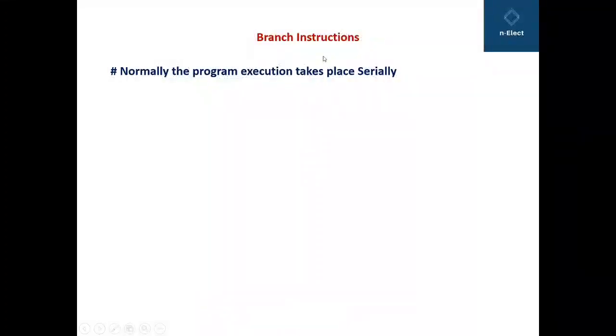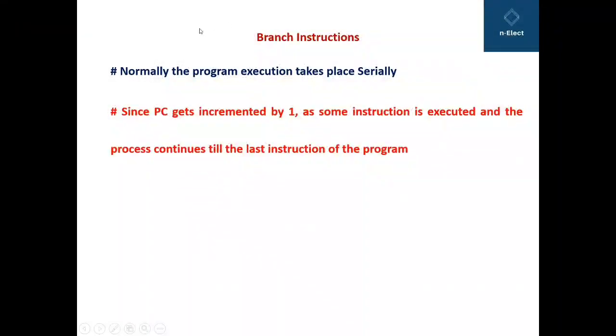Branch instructions. Normally we have seen that the program execution takes place serially. That is, the first instruction is executed first, then the second instruction, then the third, then the fourth, up to the last instruction of the program. This happens since the program counter is the register which holds the address of the next instruction to be executed.